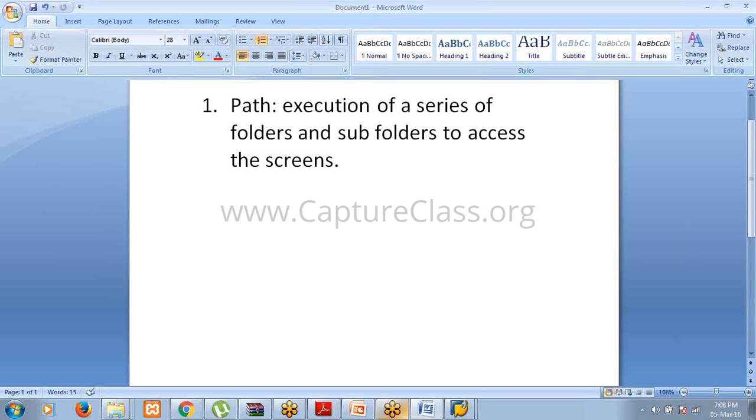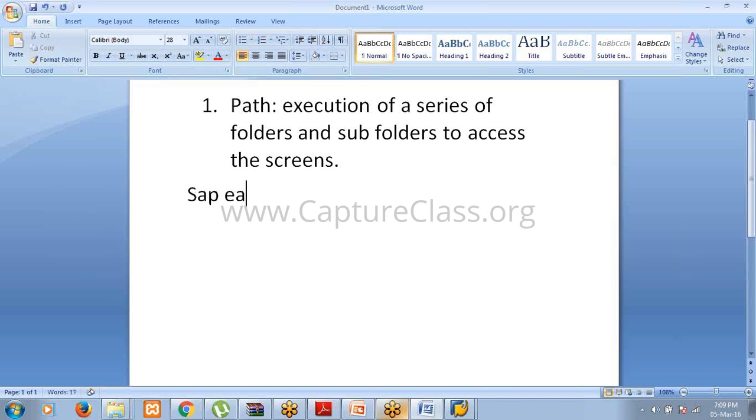For example, the path for accessing the IMG screen is,